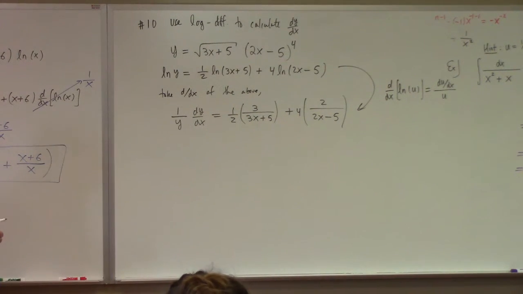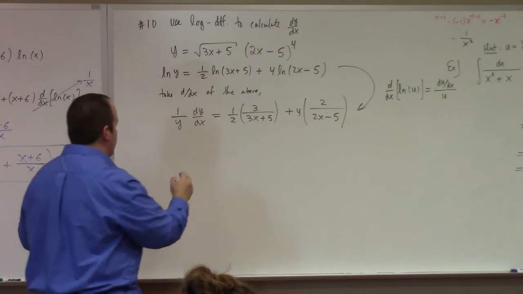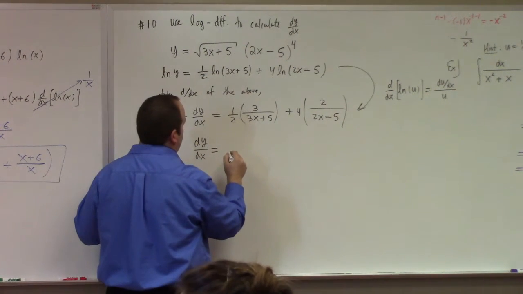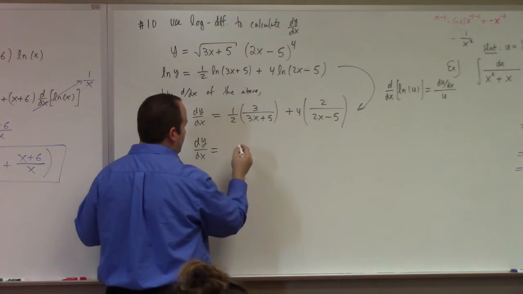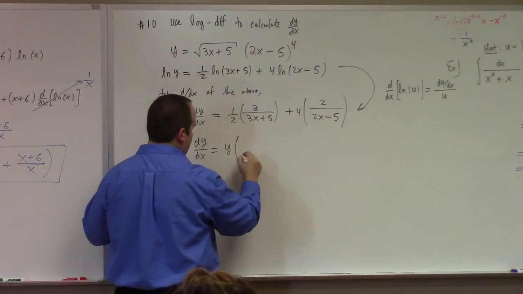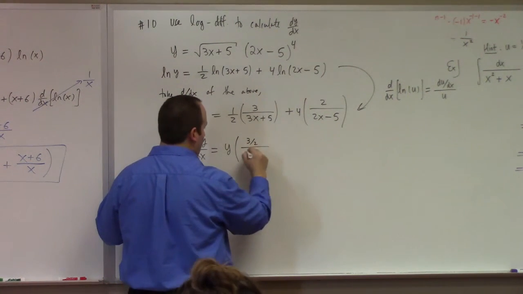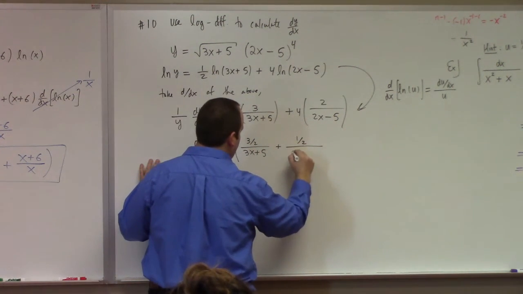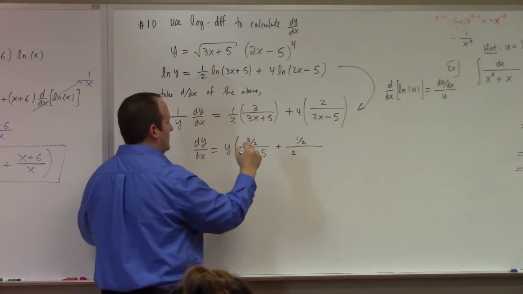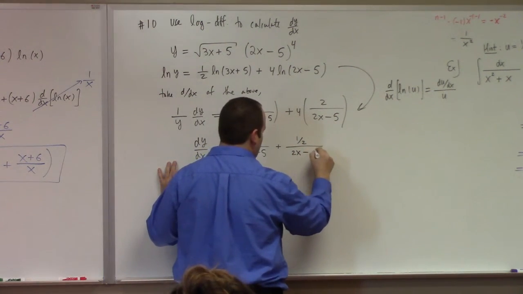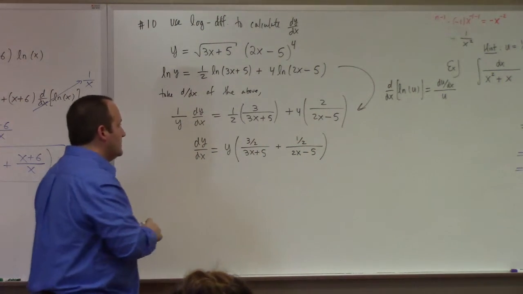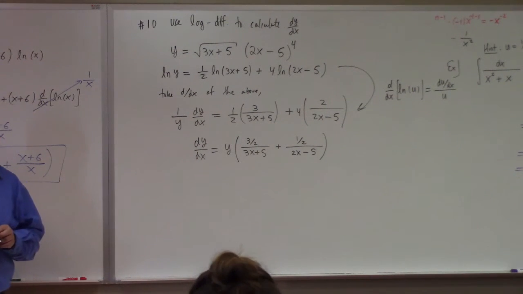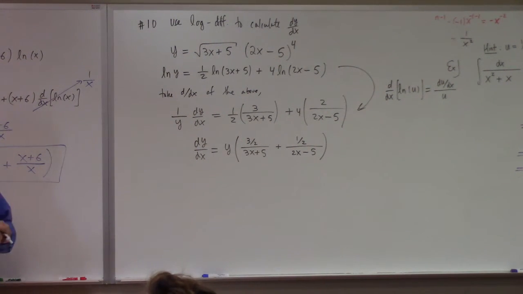Well, almost. Then we should, yeah, I got to solve for dy dx. So, if I could write it in terms of y, which I will allow on the test, okay? So the answer in terms of y is this. Oh, so we can just write the y for that? Yeah. Maybe not in the homework, though. It depends on the wording, I forget. But on the test, I will allow you to write y there. Save some writing, right?